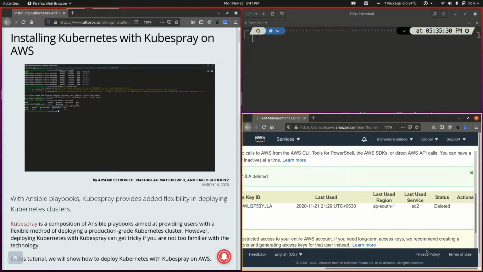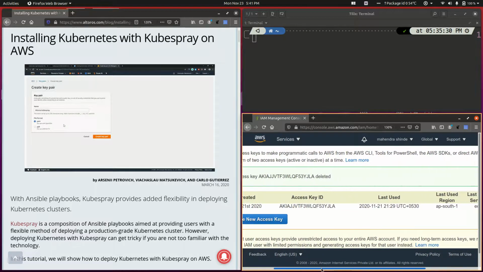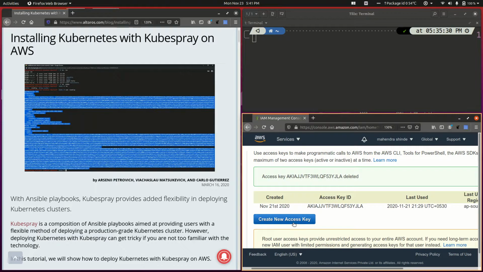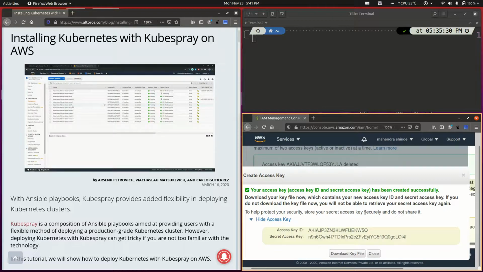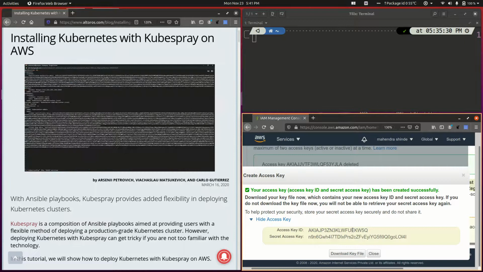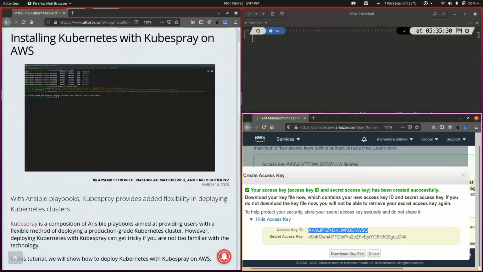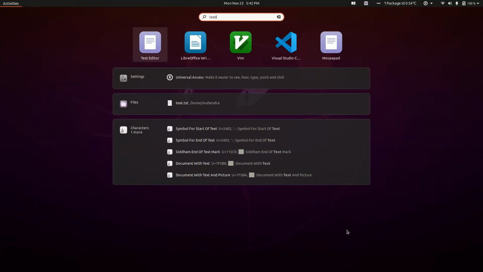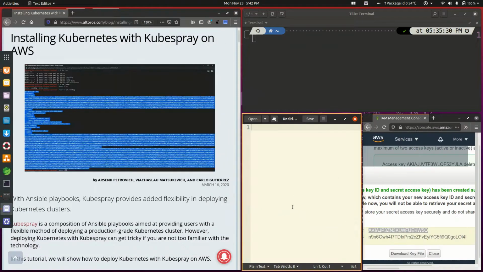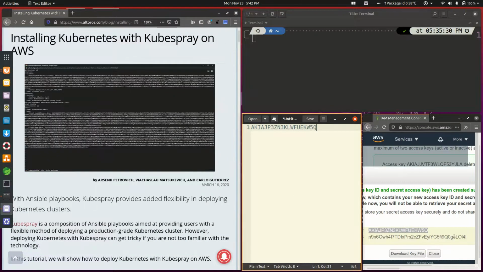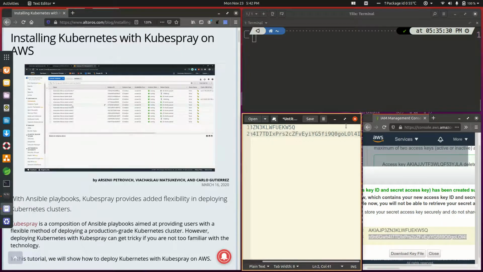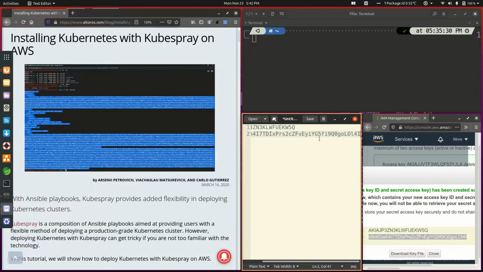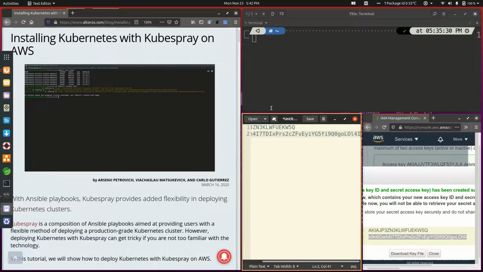I would recommend you do that whenever you are doing a demo like what I am doing right now. It makes sure that even though your access keys are compromised, even though your access keys are shared with someone, you can safeguard your account. I will copy these access keys now into a small text editor. Let me open a text editor here. Sorry, this is the access key ID and this is my access key. Two parameters I need. Fine. This is what I'm going to need later on in my Terraform configuration.